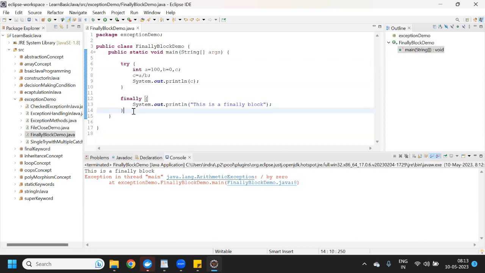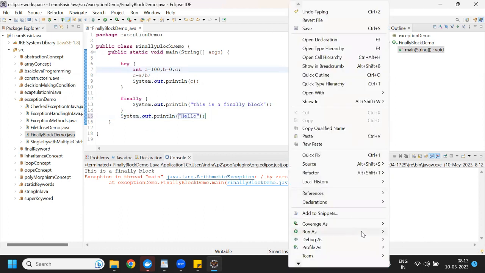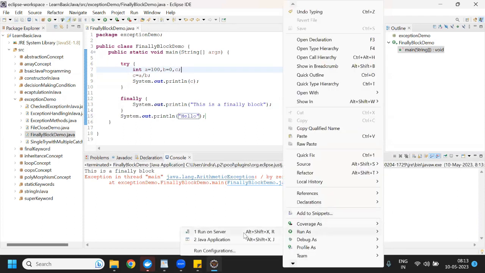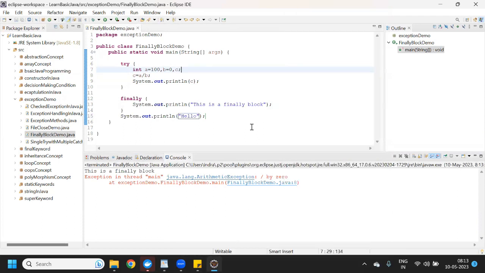Now, if I want to print some message here, let me give some statement, Hello, right? If I run this program again, see what is happening here.